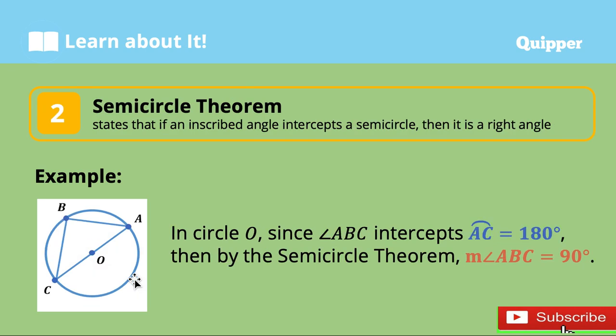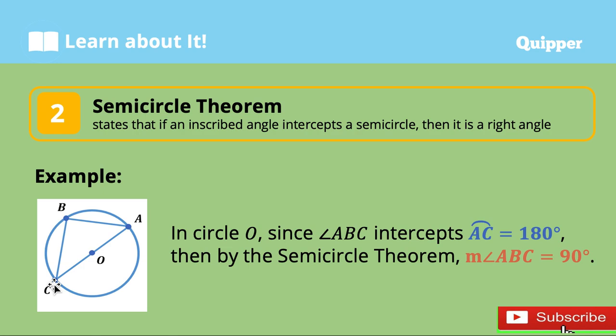Second is the semicircle theorem. This theorem states that if an inscribed angle intercepts a semicircle, then it is a right angle. For example, in circle O, since angle ABC intercepts the arc AC, which is equal to 180 degrees, then by